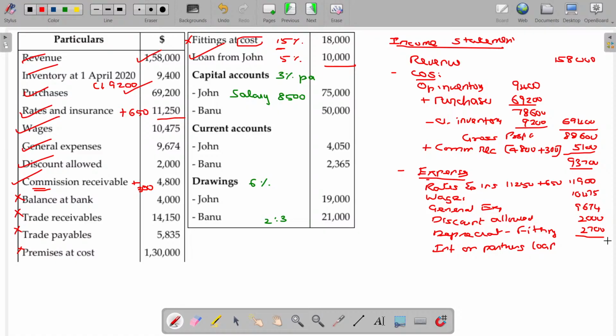Okay. You can show it separately also, no problem. Okay, the total expenses here being 36,750. If I subtract this from here, we get profit from operation. Before interest, we call this profit from operation, 56,950, minus interest on loan.